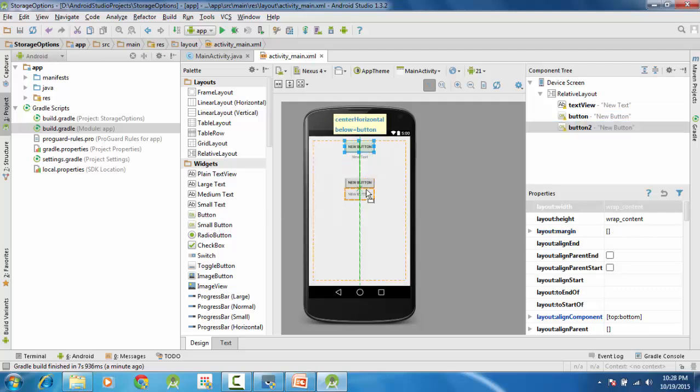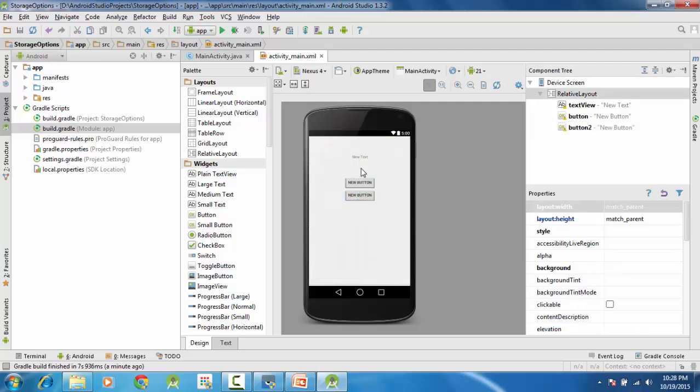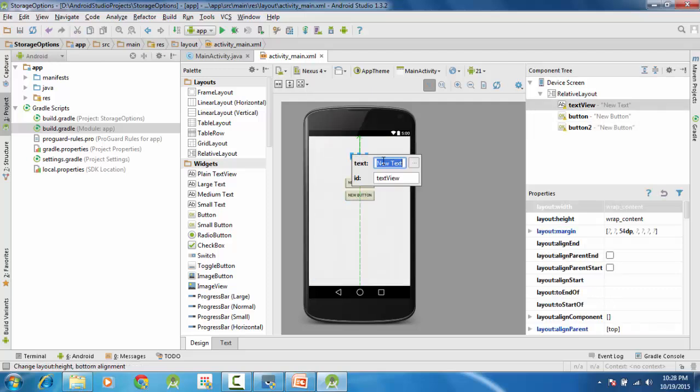So this is a text view and I will name it data goes here, and its ID is tv data.